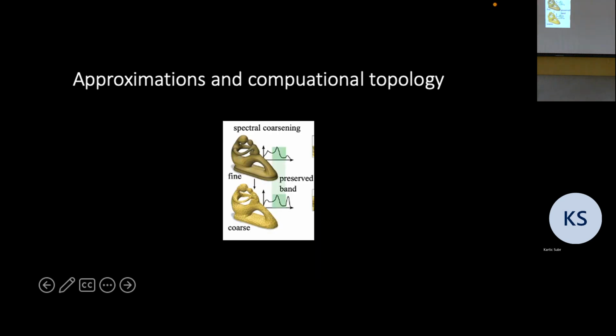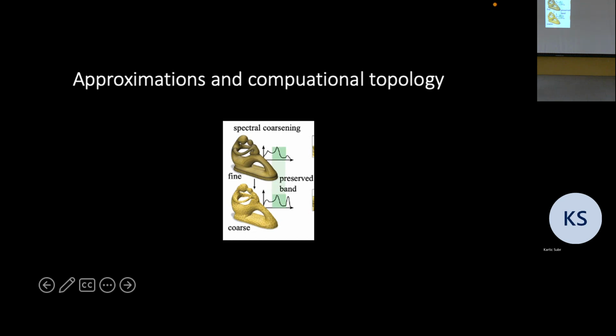Another work that some of you might be interested in, we chatted over lunch, was in approximation of domains. So far, we talked about approximation of physical processes, but sometimes the domain is important. So here we have a very fine mesh. You probably can't even see the triangles on the mesh. And you might have, say, a fluid simulation or some FEM or some other physics methodology applied on that. And we might want to replace it with coarse geometry. You want to coarsen your domain so that your simulation can run faster.